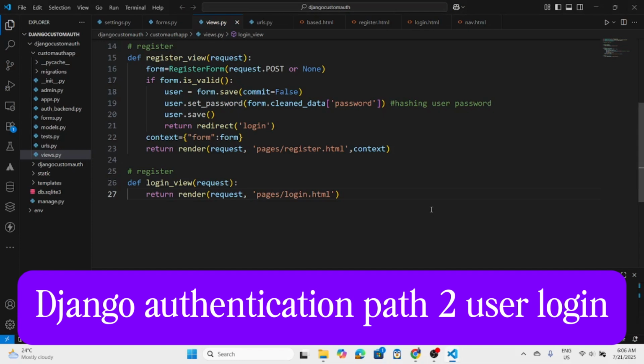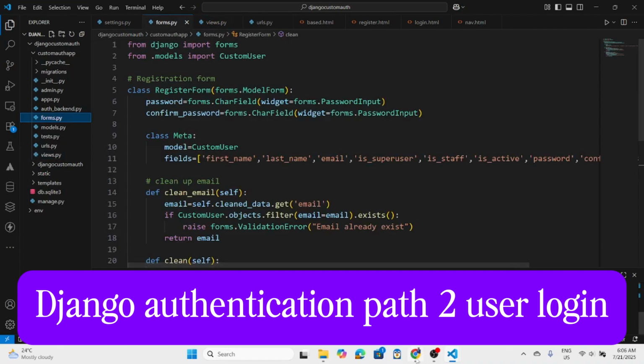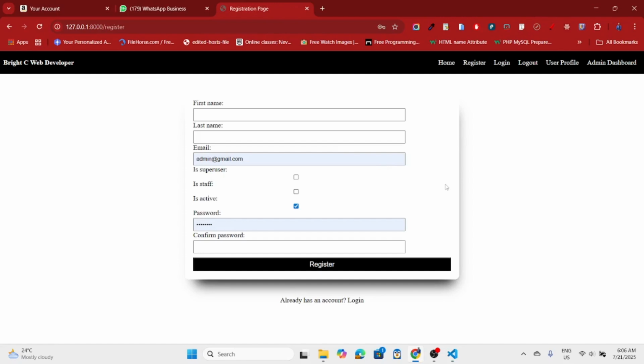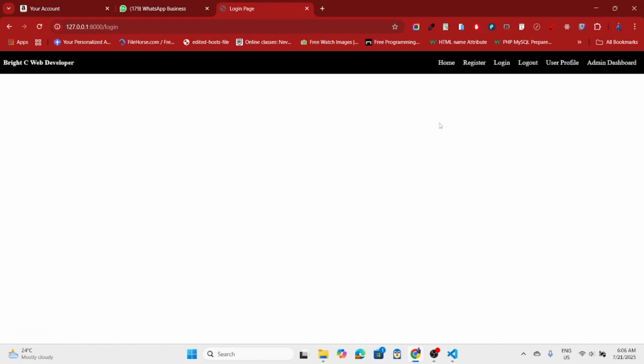Okay, we are going to navigate into our form. Remember, we have completed our user registration, where a user can register. You can register either as a super user or just a normal user. We have also started working on our login. As you can see, nothing is there yet. So come to your